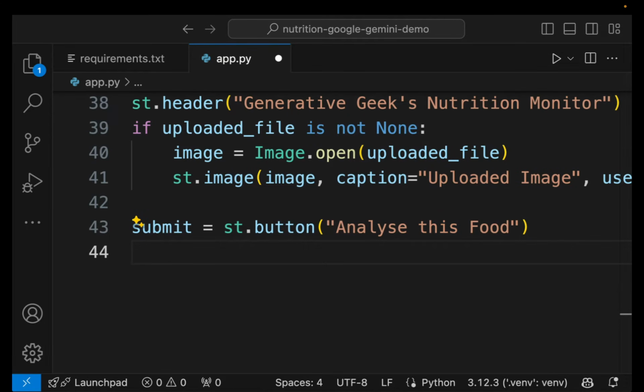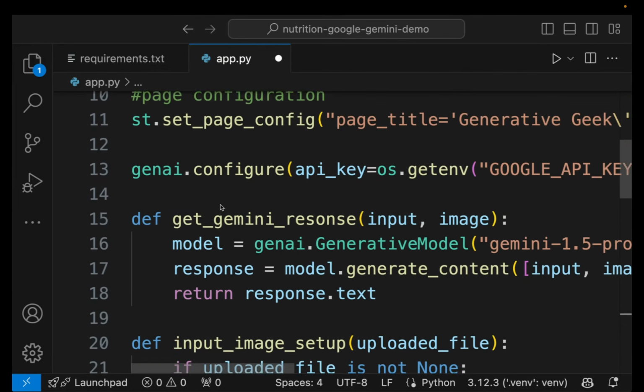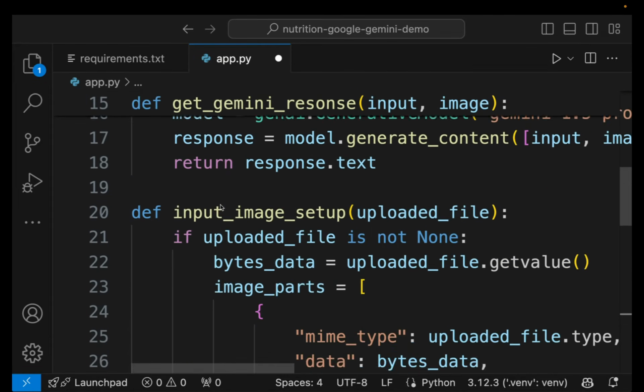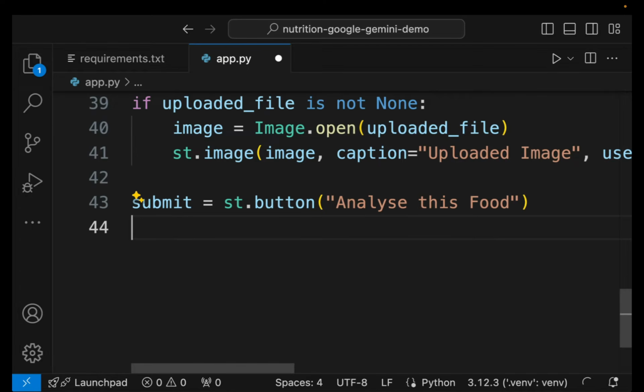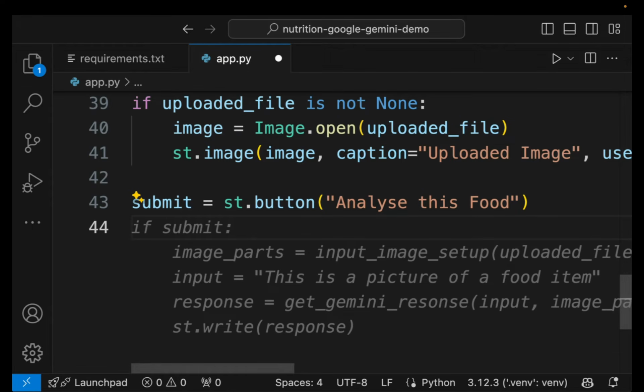Now is a good time. We have the image available. We now want some sort of a prompt to come in, and that prompt should then kick in with this image and call Gemini, right? So the method that we have already built, now I want to use the submit button. Whenever this button is clicked, I want to call Google Gemini, right? So the way to do it is, first let's define